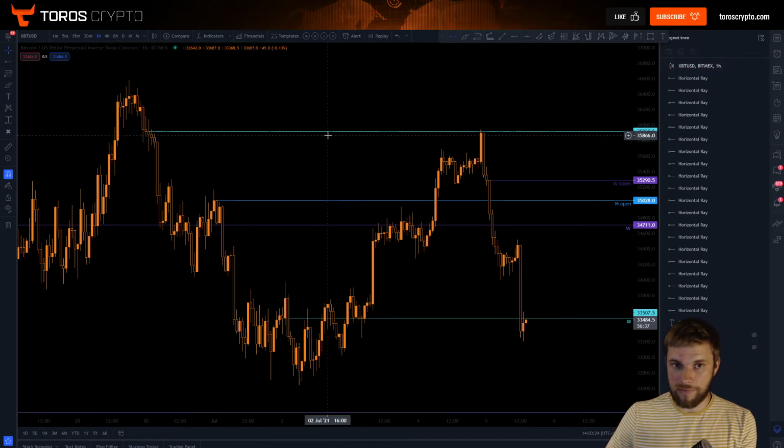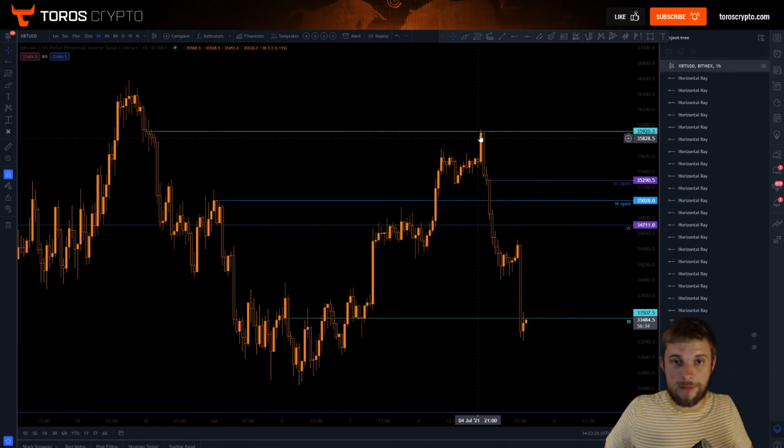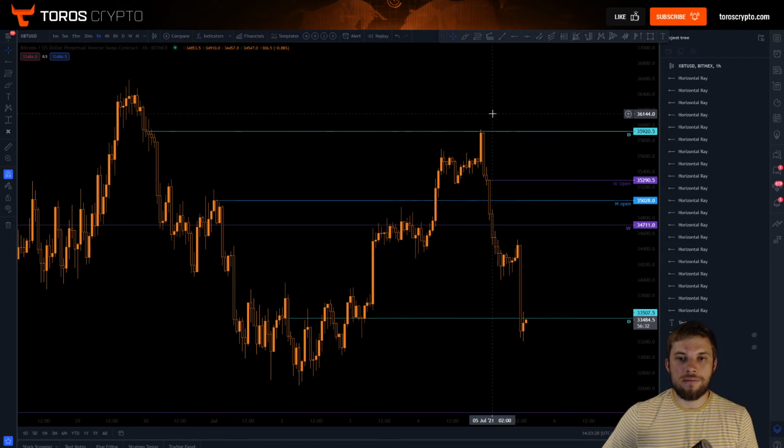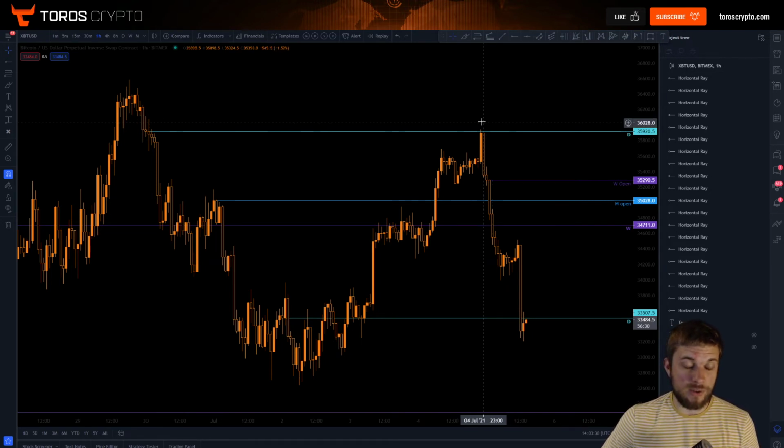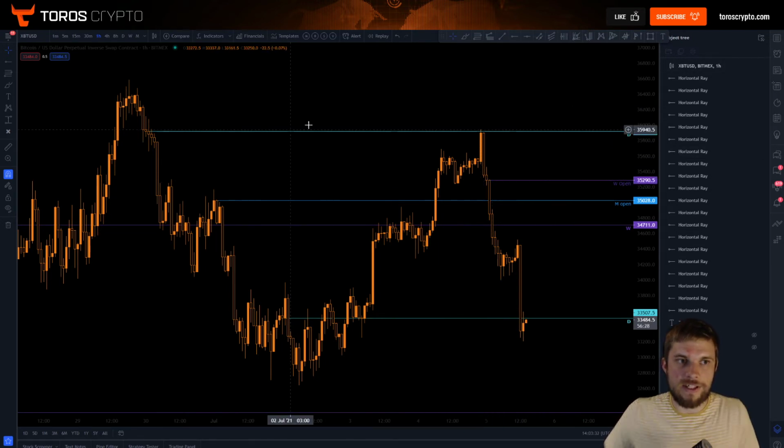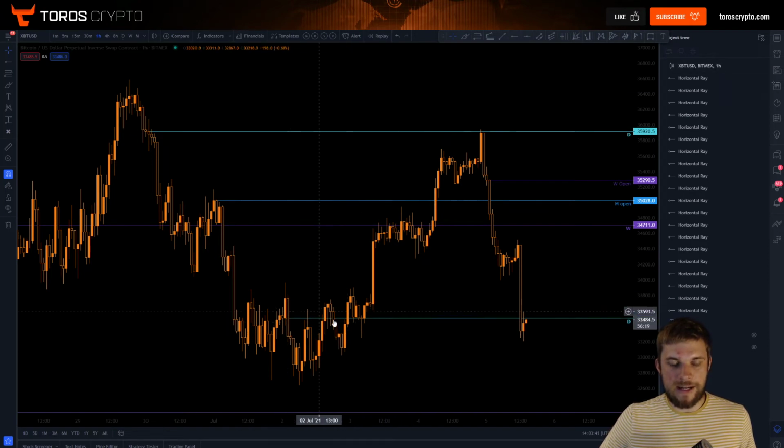Now, there could have been other confluence here, but the great thing about these levels is that generally speaking, they're pretty powerful enough. You could get a scalp off of this, depending on what confluence you can add to them, that increases the strength even more. And what did price do? It again came right back down